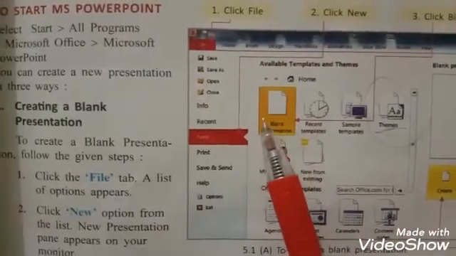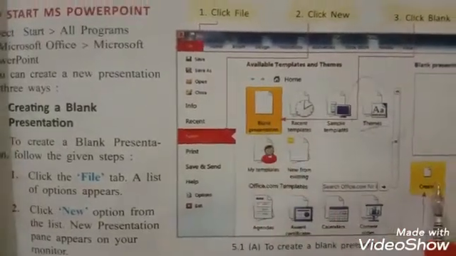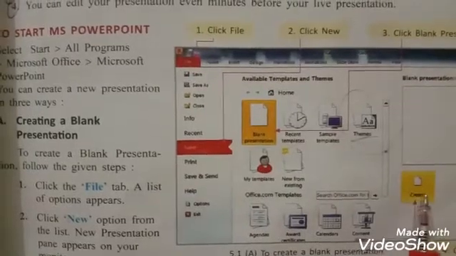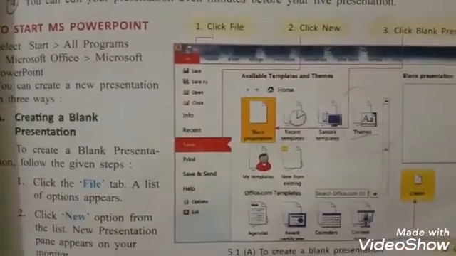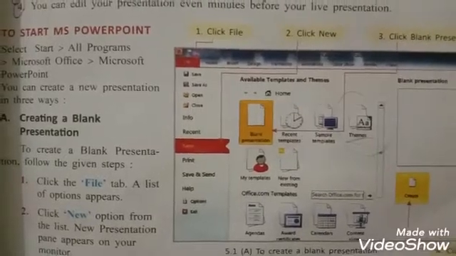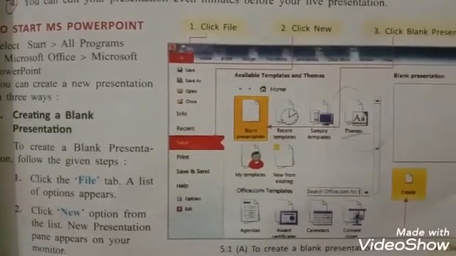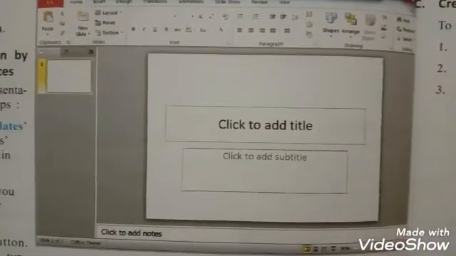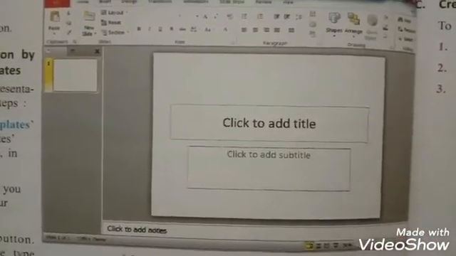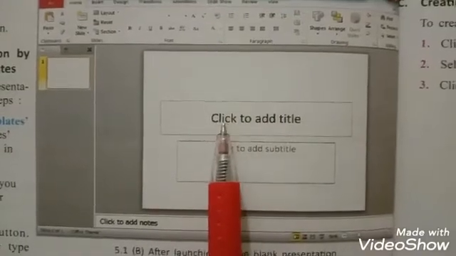Click Blank Presentation. After this, click Create. A new blank presentation will appear on the computer screen like this. This is a blank presentation.